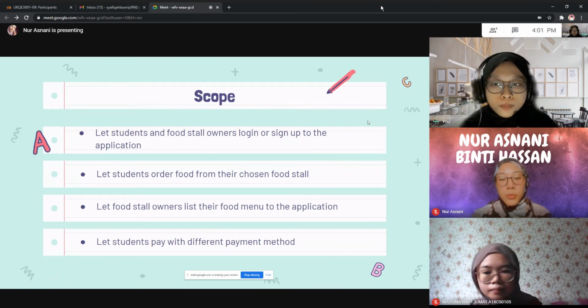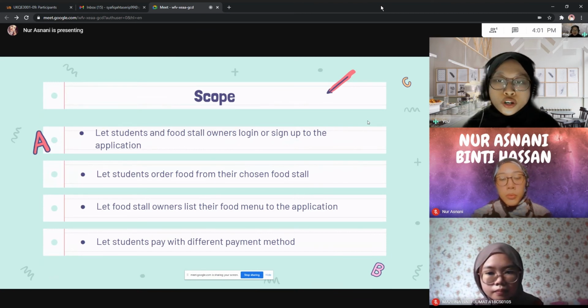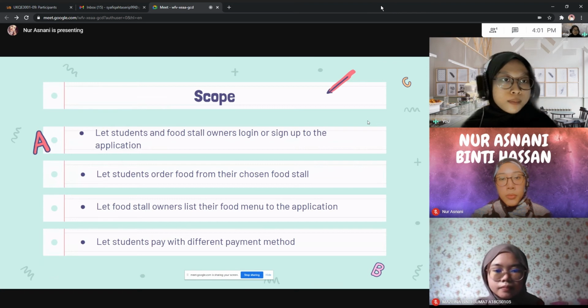And it will allow the stall owners to list their food menu in the application, so students can look easily and buy easily from our application.